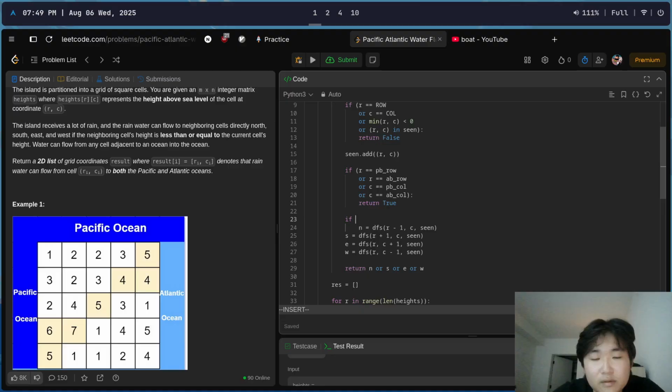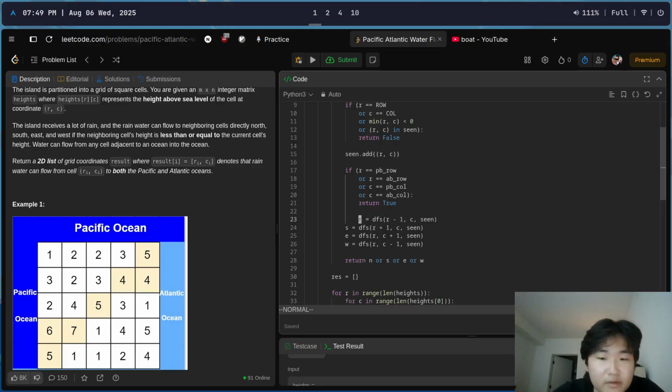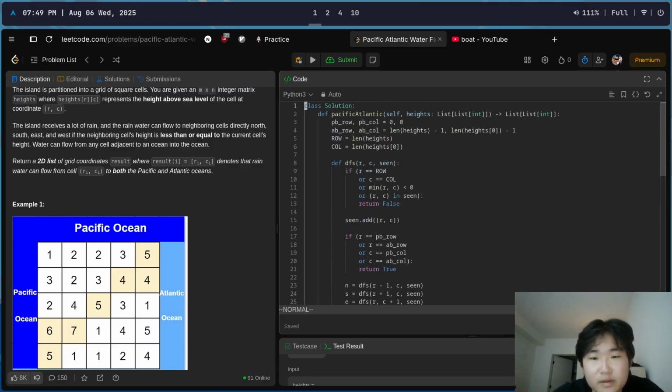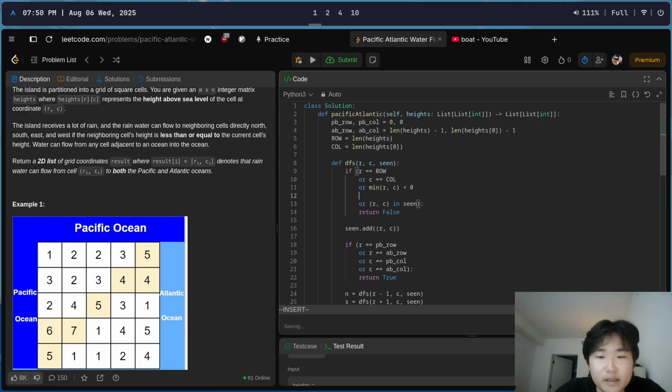Or if R minus 1, I guess heights R minus 1. Dude, I have to do it at the recursive call because I want to do some error checking, right? Let's say those are valid. Let's check if heights of RC